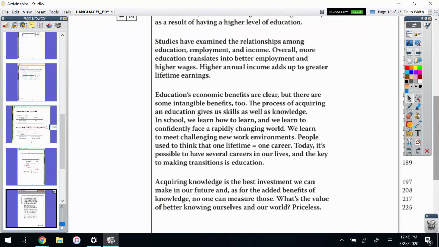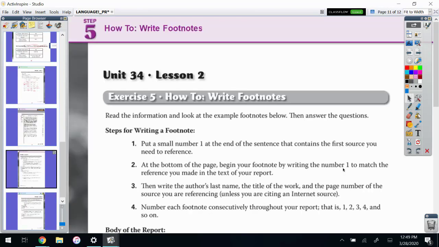Acquiring knowledge is the best investment we can make in our future. And as for the added benefits of knowledge, no one can measure those. What's the value of better knowing ourselves and our world? Priceless. The last thing we're going to do today is understand how to write footnotes for